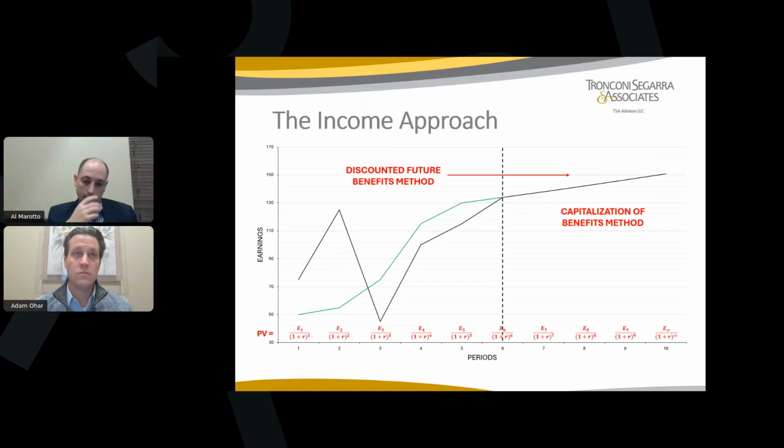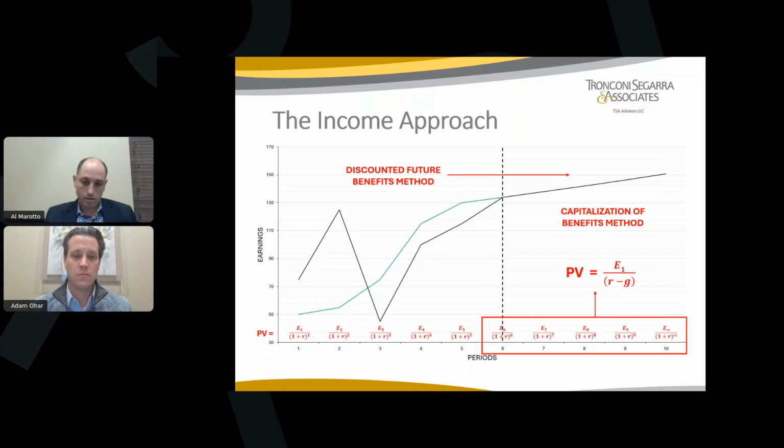Now getting into the mathematics of this, a business valuation is really just the valuation of an annuity. An annuity is a series of periodic payments over time that you present value and then sum up. And that's what that red formula at the bottom is: discounting those earnings in years 1, 2, 3, 4, 5, and 6, and so on into year 10, divided by 1 plus r, representing the discount rate.